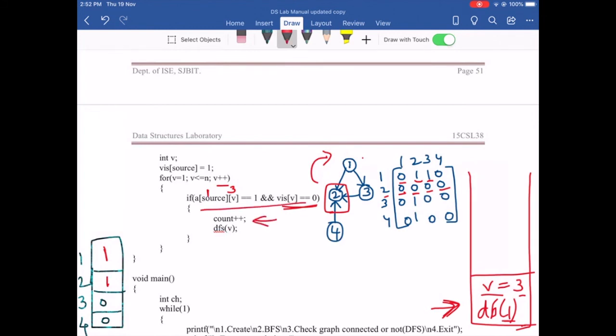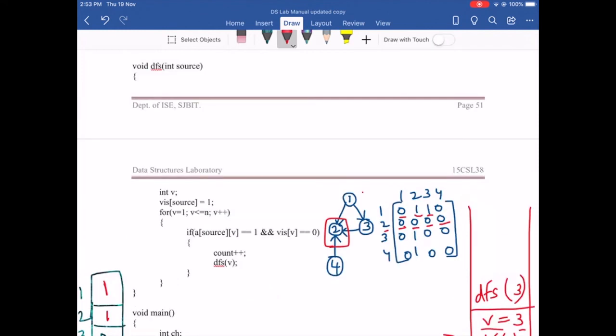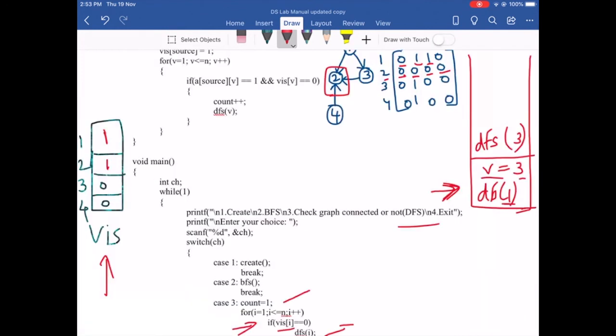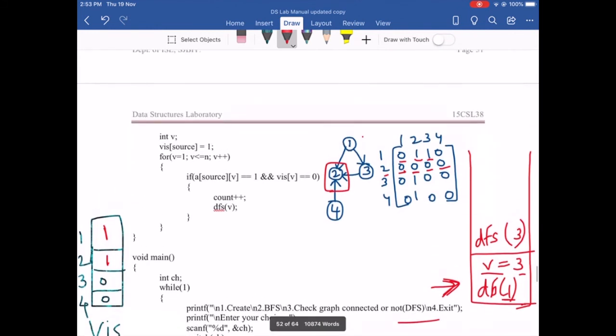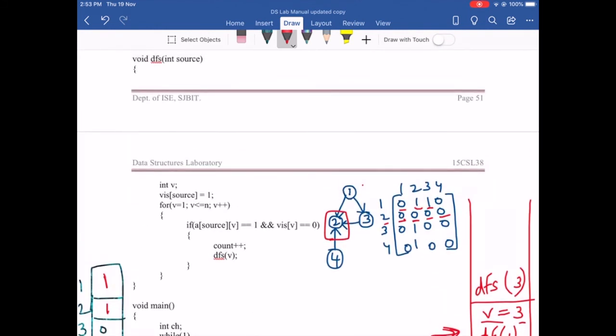We are going to increment the value of count. So the count becomes 3. That is, this is the third node you are able to visit. Now you are going to call DFS with the value of v passed to it. So now DFS gets called again. Every time a function call happens, an entry is made in your stack. The value passed for v is now 3. Since it is recursive, you are going to repeat this process. Now the source is going to be 3 because we are calling DFS of 3 again. So we are calling the same function but passing the parameter as 3. Now the source becomes 3.